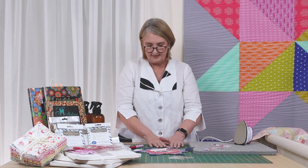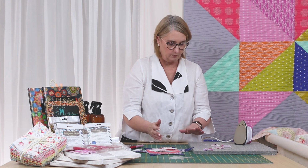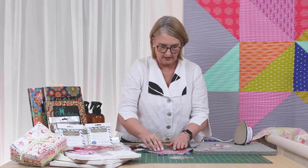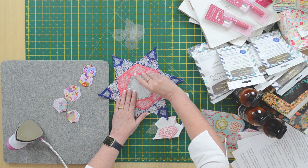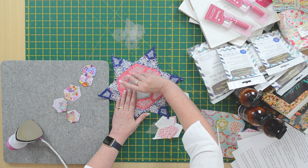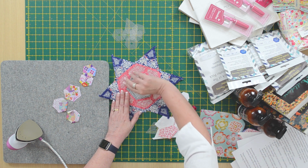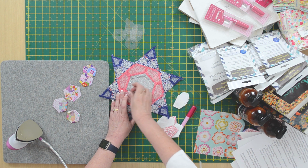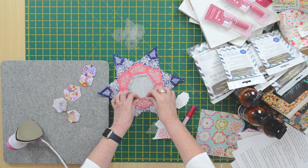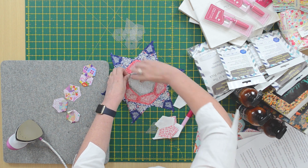The other thing is I love the fact that these templates are reusable. Once we've finished our stitching, we can take our template out of the center, just lifting up my seam allowance. Normally what I would do is spray it with a little bit of water, just a really gentle light spray. The glue will come undone, and we can remove our template